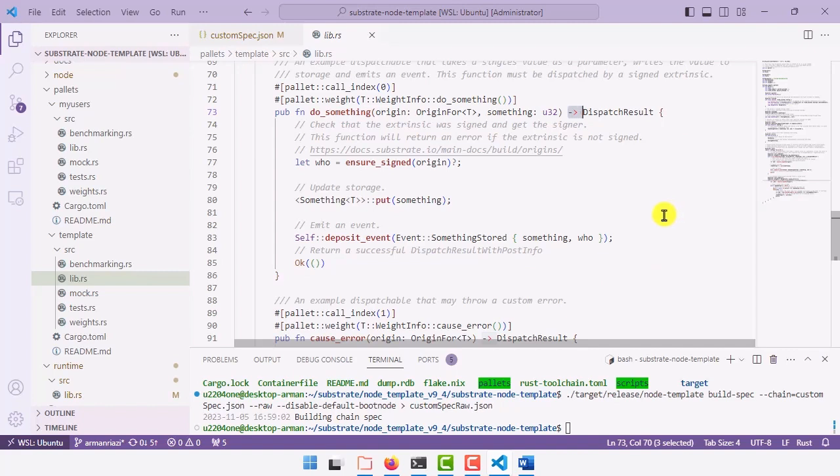And after you make a call, you will see an event